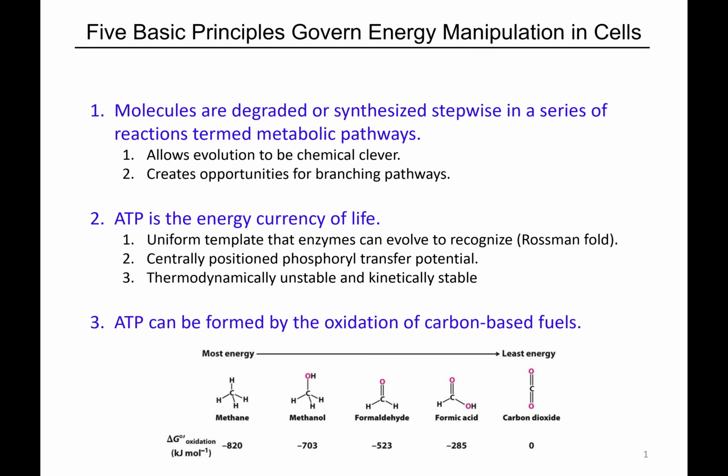But in most cases, ATP has a higher phosphoryl transfer potential, which means it's able to then take its phosphate group and give it to something else in a spontaneous manner. So ATP can be made in this substrate level phosphorylation by molecules that have a higher phosphoryl transfer potential than ATP does. But once it's made, it can then power lots of reactions and give its phosphate to lots of other things.